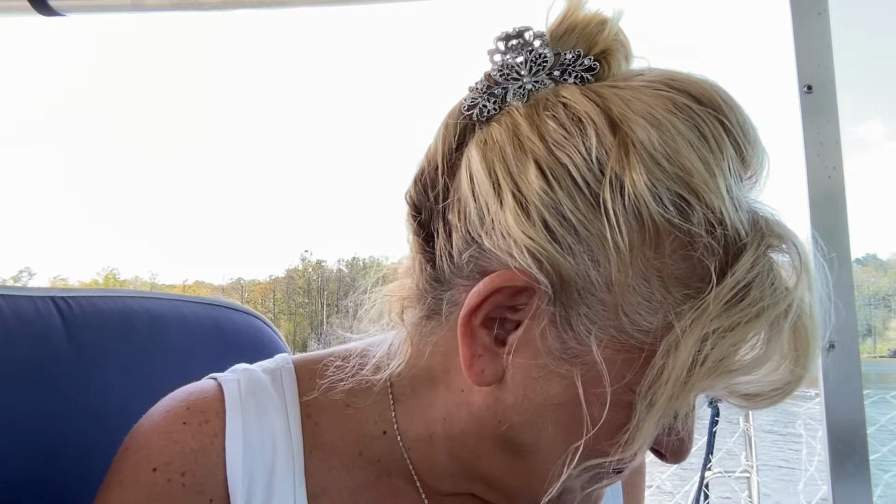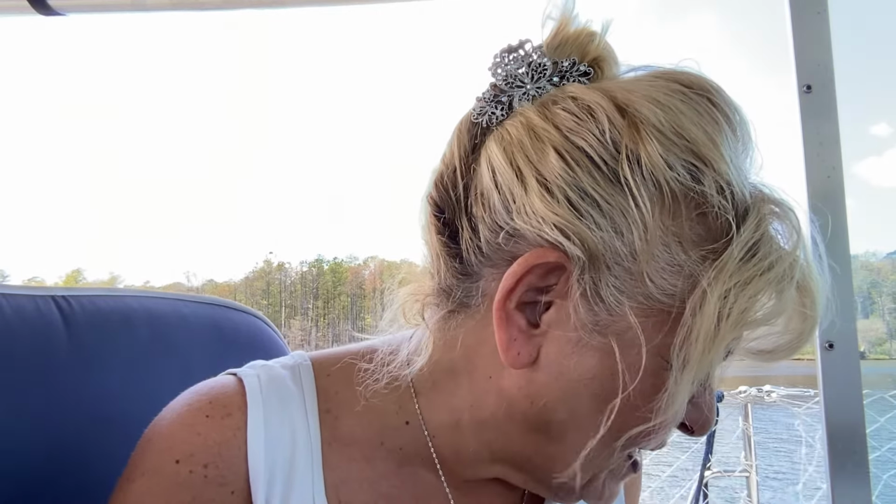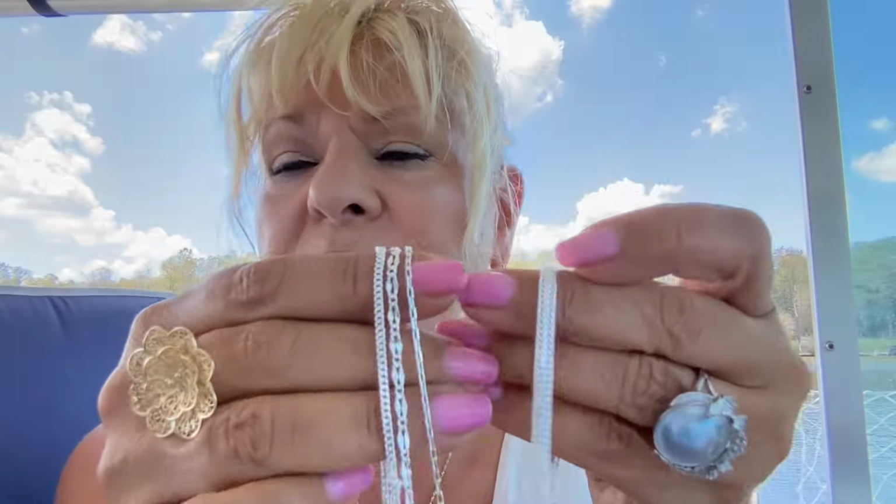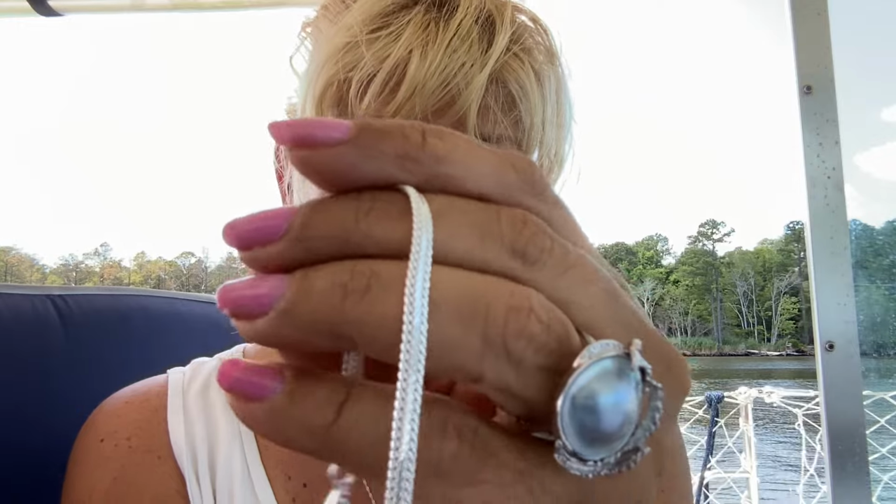Okay, let me pull her up. So just to kind of do a side by side. So these are the set of 3 that we just did, and then this is an individual purchase. And I thought that you would like to see both of these presentations kind of together, so you can make a decision if you want both of them, or you just want one or the other. And that is